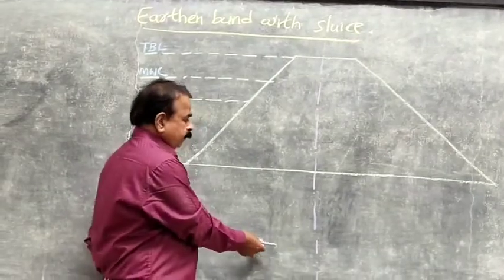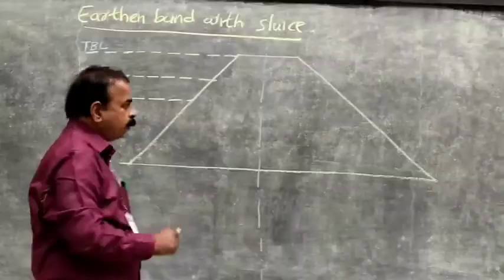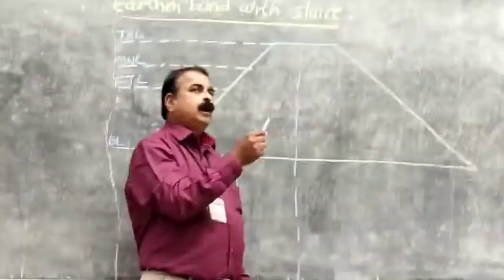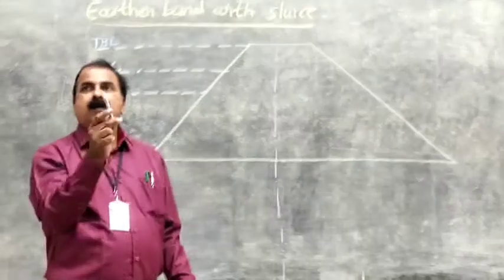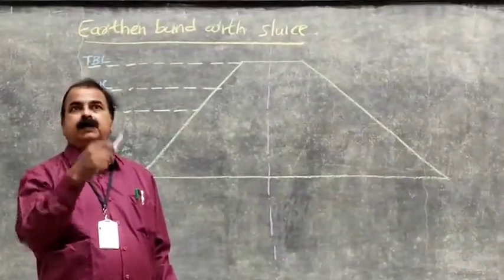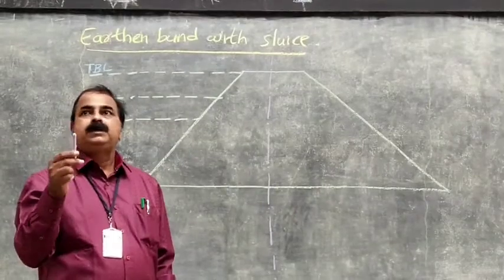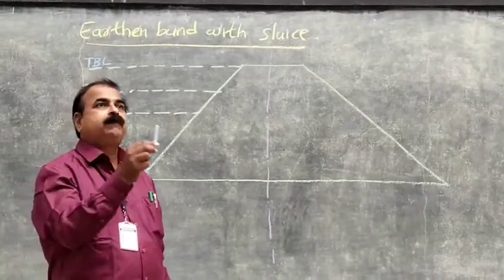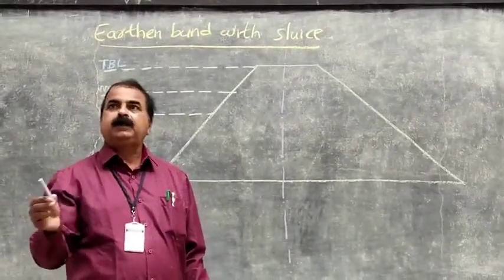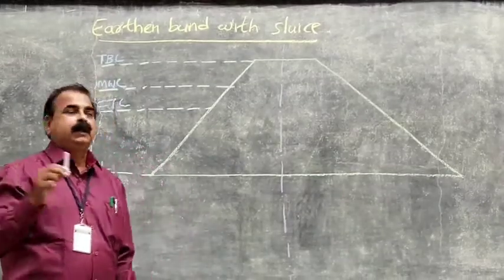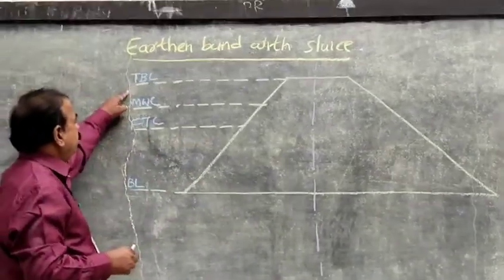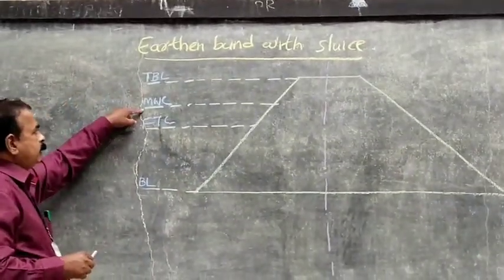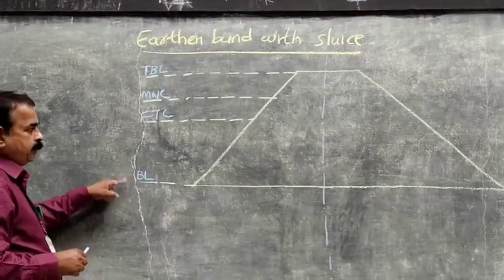And half plan at foundation, half plan at top, cross section. Half cross section, half sectional elevation. So there are three drawings, and which is having a weightage of marks 35 to 50 in the exam. And compulsory it is 35 marks, definitely is 35 marks. So PBL, top one level, maximum water level, FTL and bed level.